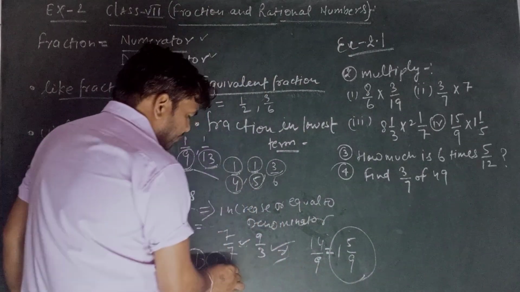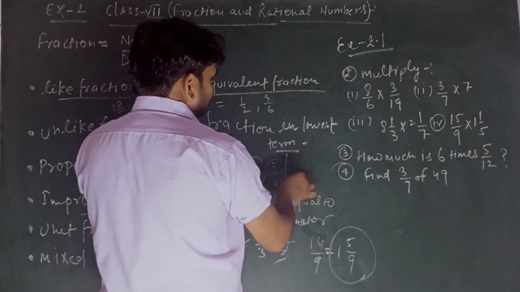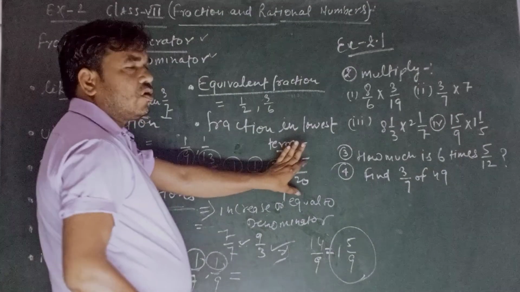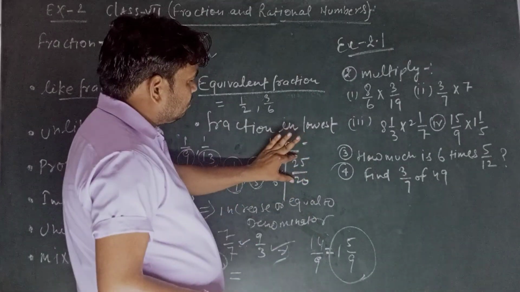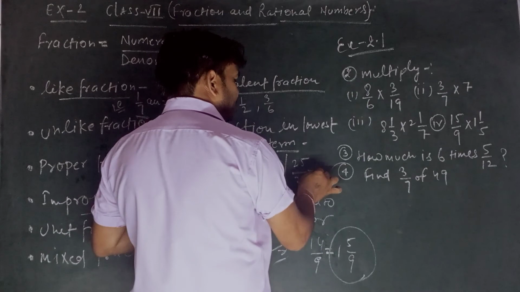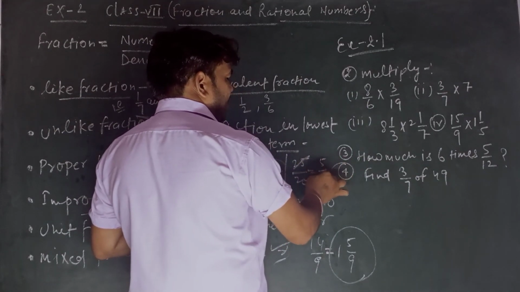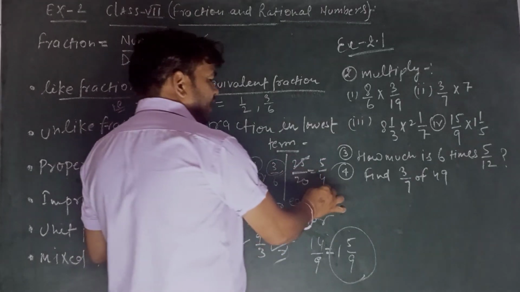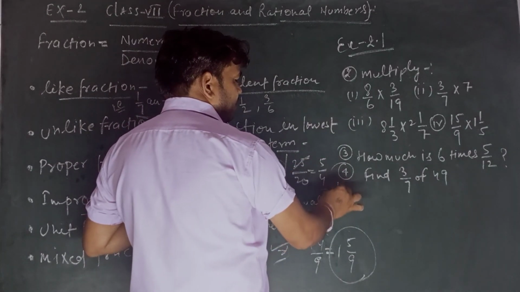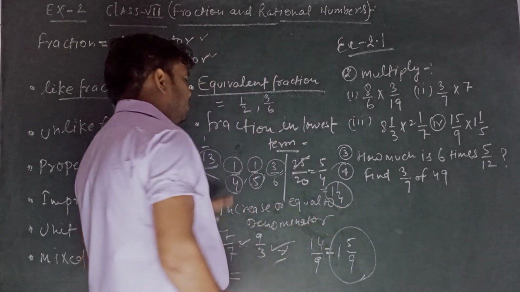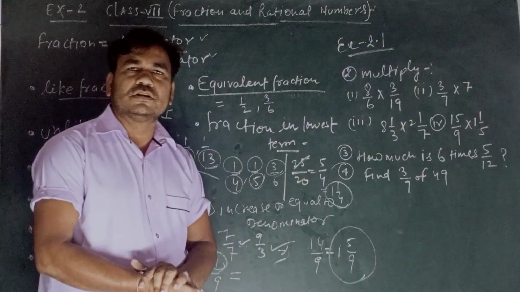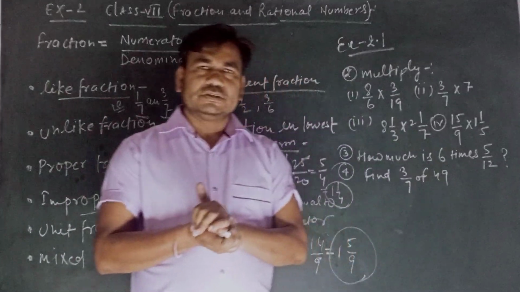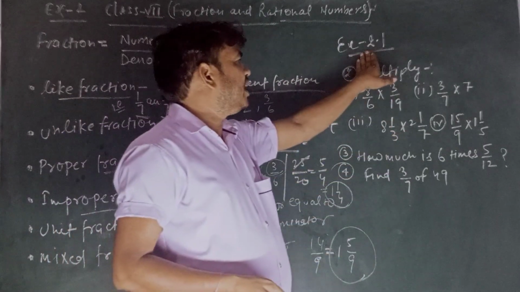As you see, this is 25/20. You cannot write it as is. You convert it to the lowest term, 5 fives and 5 fours. So you see 5/4, and you can also convert it to a mixed fraction, 1 and 1/4. So this is called a fraction in lowest terms, students. And after clarifying the different kinds of fractions, we see Exercise 2.1.